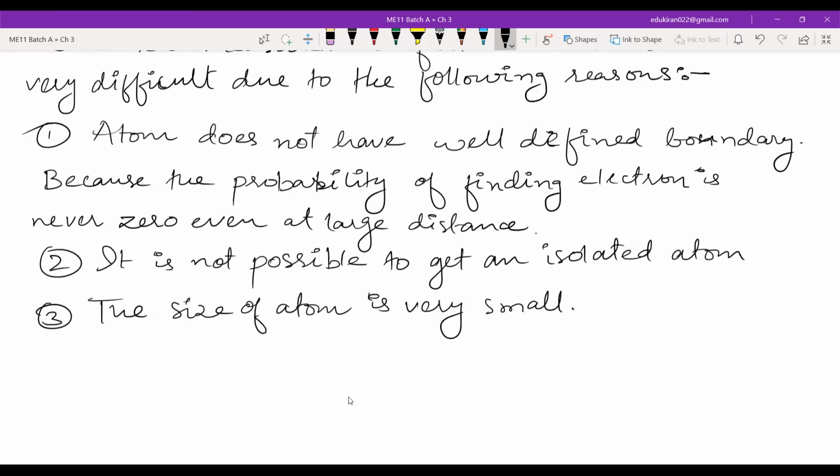When we have atoms in the combined state, for example, we have H2 gas. This is hydrogen, this is another hydrogen, so they will be bonded something like this. If we can know the distance between these two, then we can halve this and approximate that the hydrogen atom has a radius which is half the length of the H2 bond.